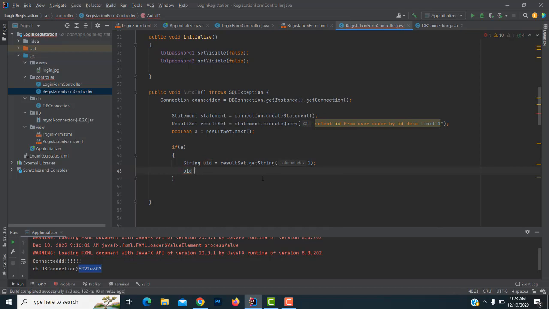So after that you have to write UID, you get the last insert ID equal UID dot substring 1, where you just check the 1. Okay, so here you have to check like this. So the 1 is starting from the 0 position. We have to set like this